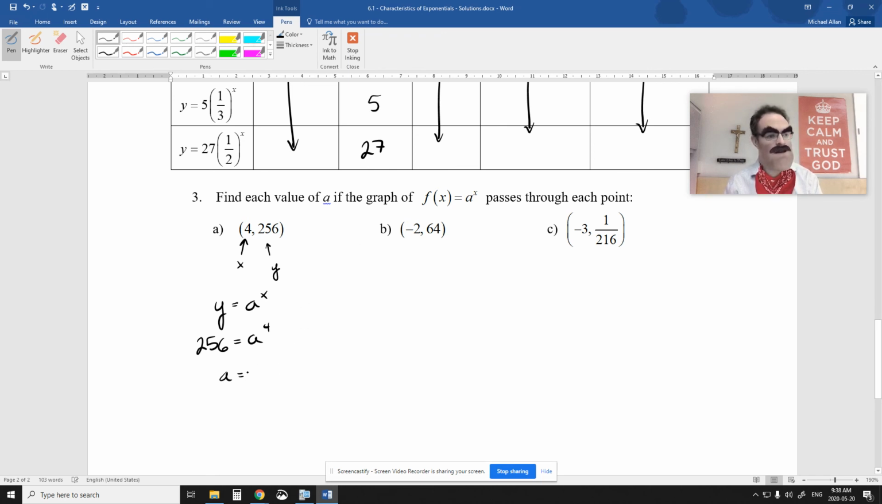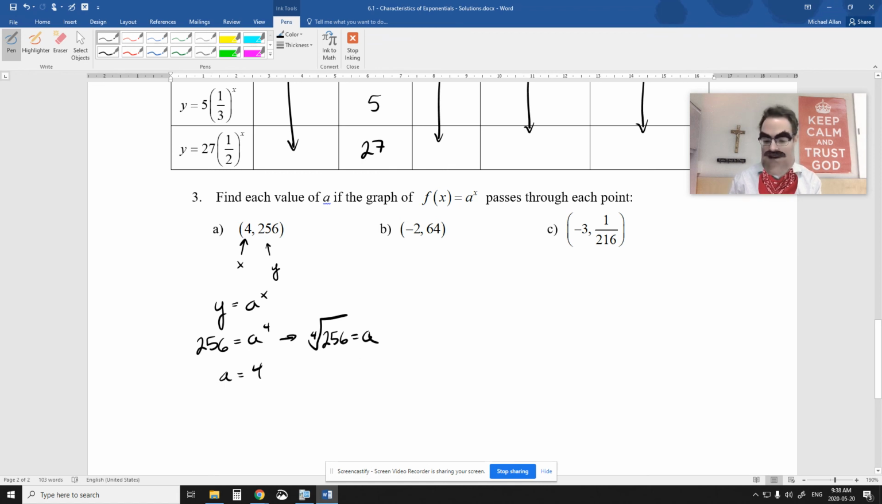So A is going to be 4. Another way to do this is to get rid of the power of 4, you would take a 4th root of this. And because of that, you're going to run into a problem. There's not just going to be 4 in this question. If I do the 4th root,